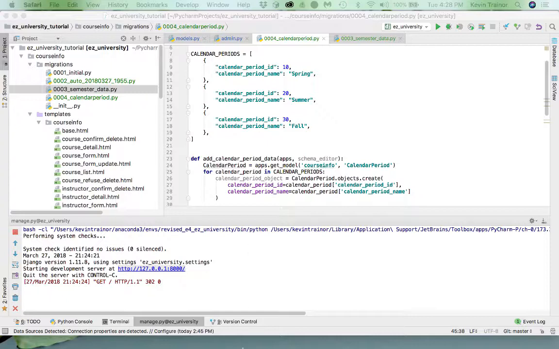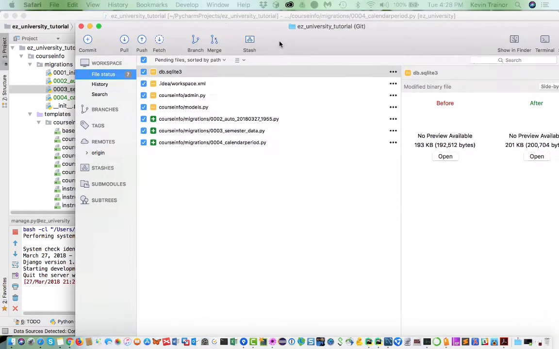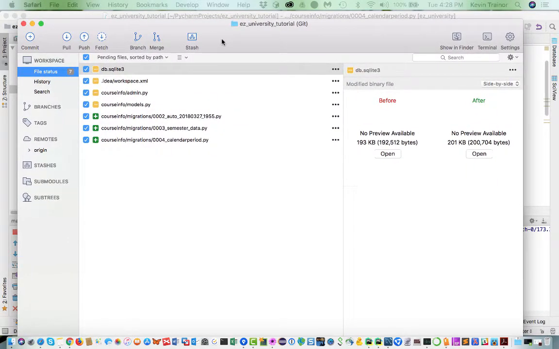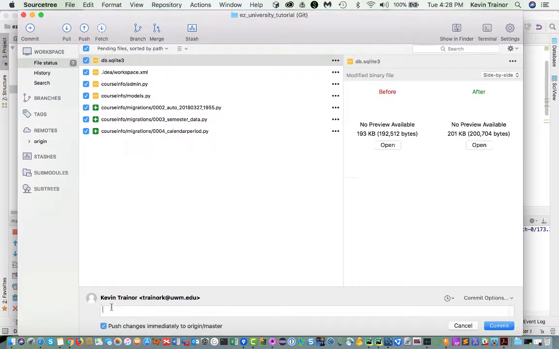So one of the things that I like to do right now is commit the changes that I have so far. Okay, so I'm just going to go and get all these changes here. So what do I have here? Okay, got a bunch of changes, and so I'm going to say commit changes to easy university tutorial